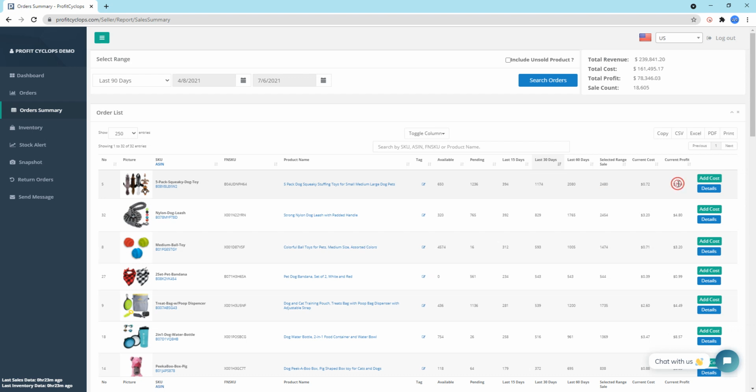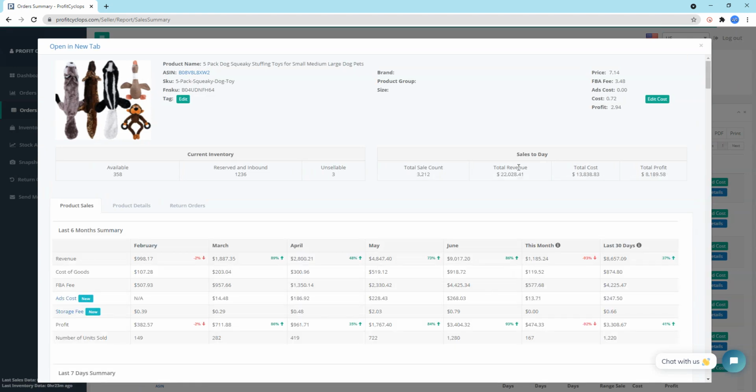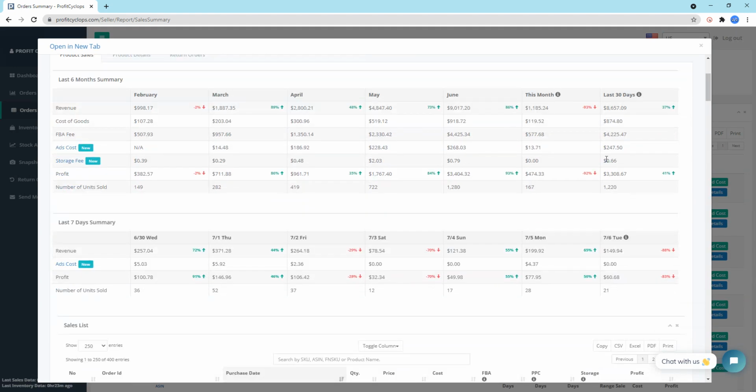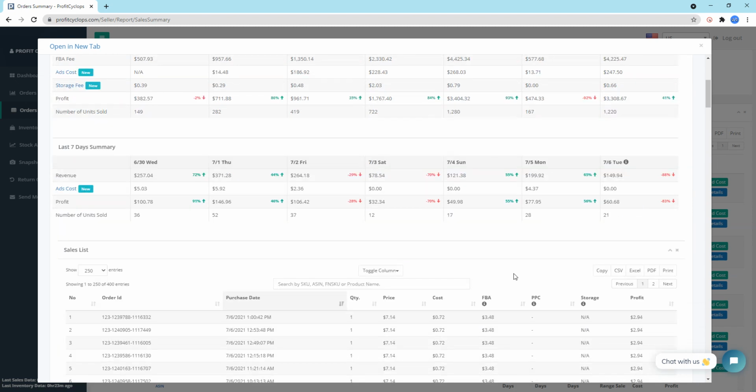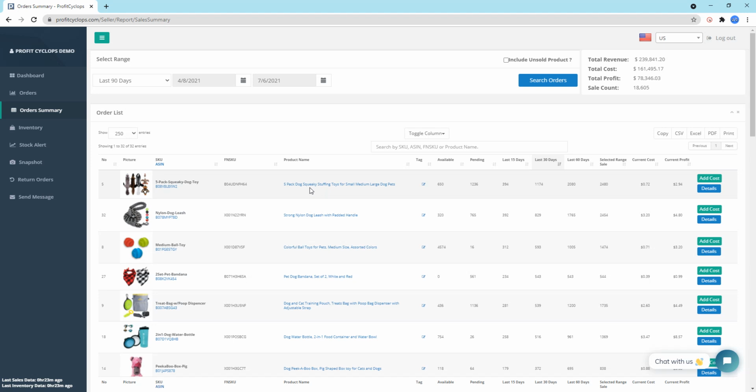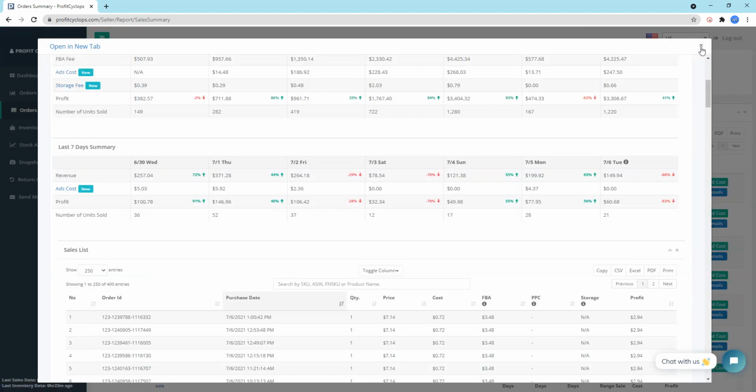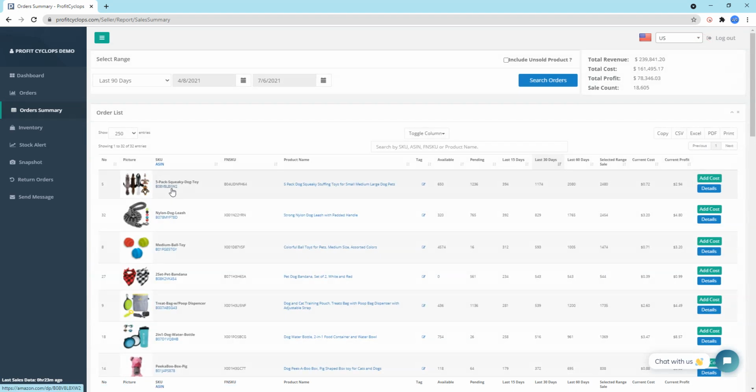If you want to see more on this product, you just click details. It's going to pop up a new page. Then you can see here the sales amount and the sales figures just for this product. Okay, so let's go back. And right here, again, instead of clicking details, you can also click the name of the product. And this ASIN, when you click this, it's going to take you to the Amazon website, to the actual listing